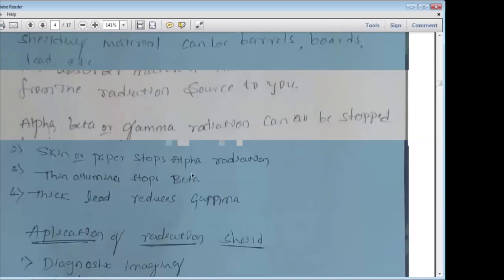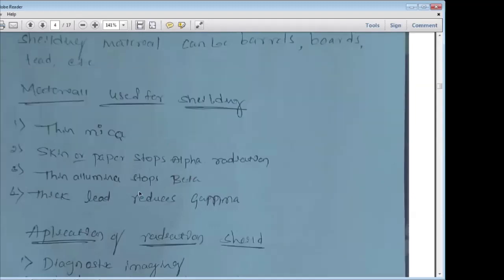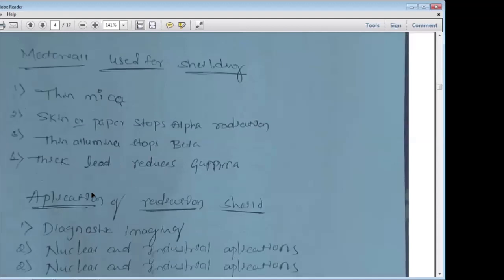In a nuclear power plant, in the reactor, there is a need for the radiation shield. Suppose you are welding, you use what is called a shield. Because of the harmful radiations generated from the welding, it should not affect the eyes. That's why they use a shield, which we can call the welding shield.